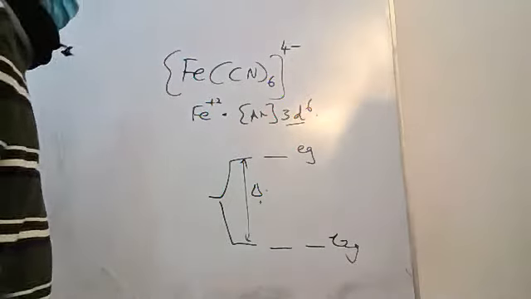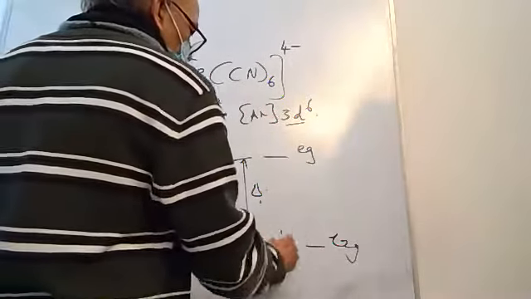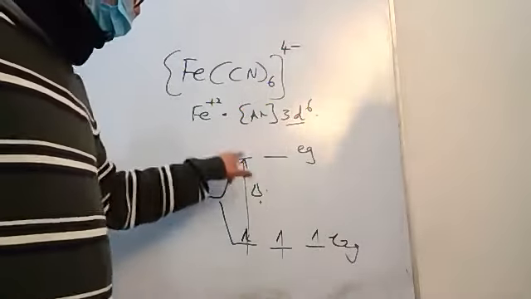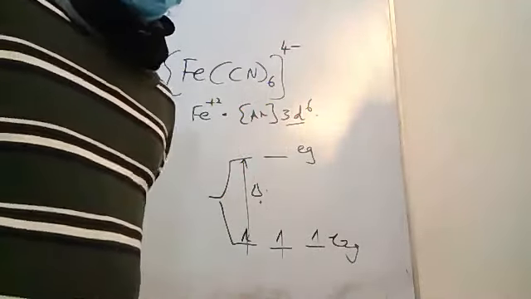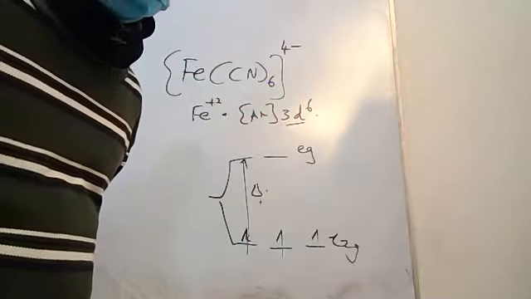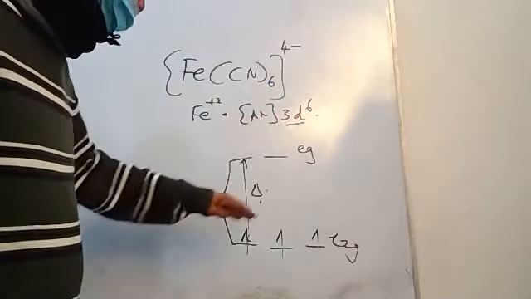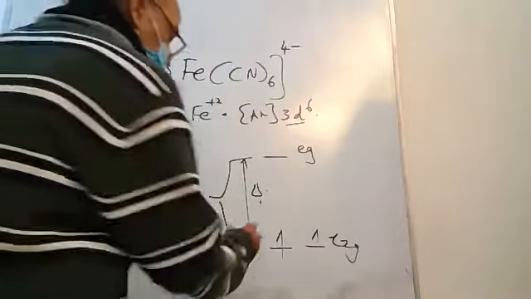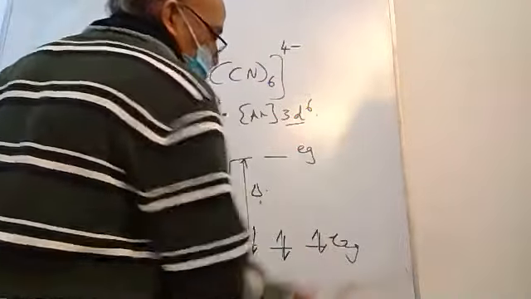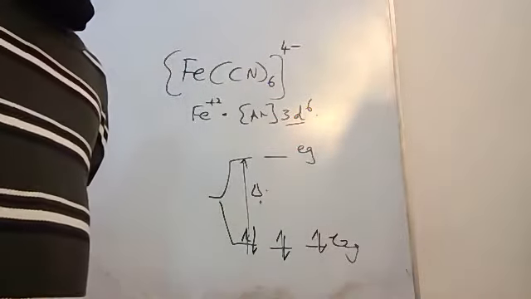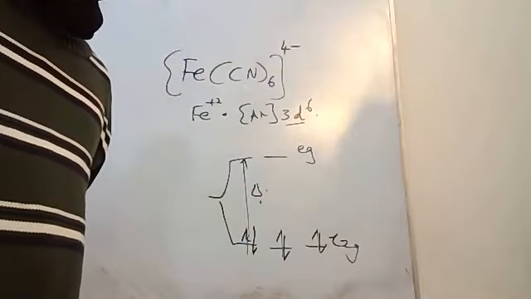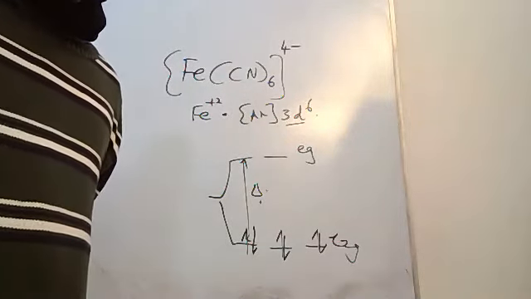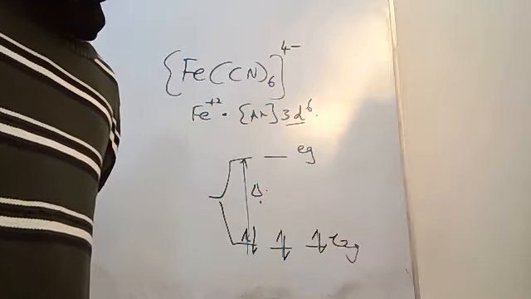So let's write down those 6 electrons here. 1, 2, 3. You have the choice of putting the electron here or here. Where would the electron go? Down, on the bottom, because this is an uphill battle here. That energy is extremely huge. So down, down, down. So it's diamagnetic. There are no unpaired electrons here. Am I making sense here, folks?